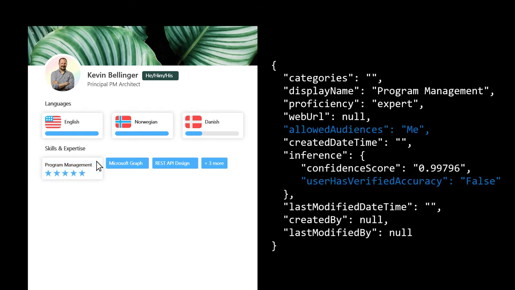When it comes to skills, we've also improved our ability and capabilities there. Not only do we have things like categories available, but we've also added proficiency. It's pointless me adding Microsoft Graph and program management and knitting to my profile if nobody knows how well I do one of them. How do I find that one person in my organization who's an expert in knitting, for example? Maybe not the best example, but